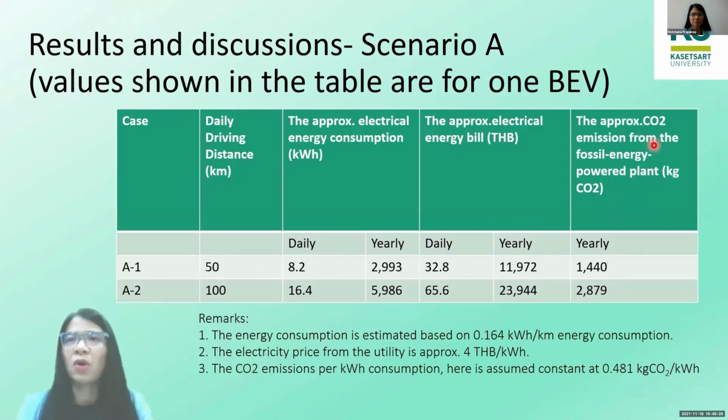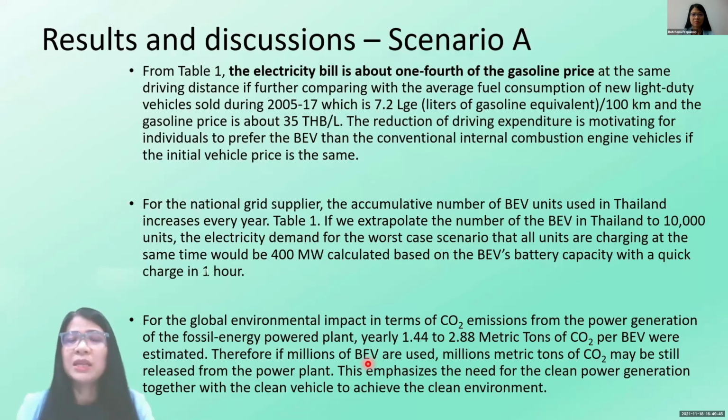However, if we still use the fossil energy power plant, 1.4 metric tons of CO2 emission is still expected from the power plant. If millions of battery electric vehicles are used, millions of metric tons of CO2 may still be released from the power plant anyway. So this emphasizes the need for clean power generation together with a clean vehicle to achieve the final aim